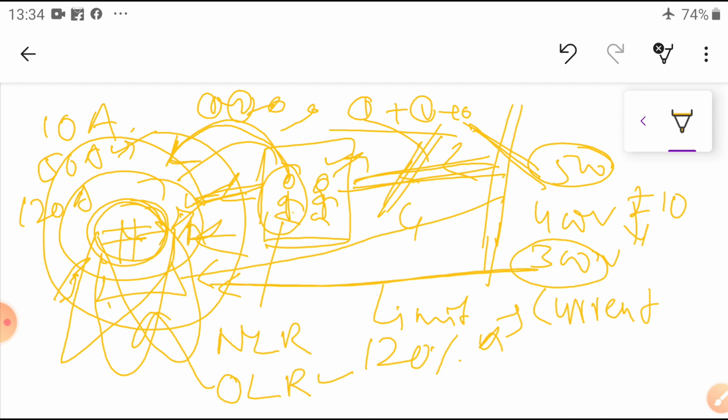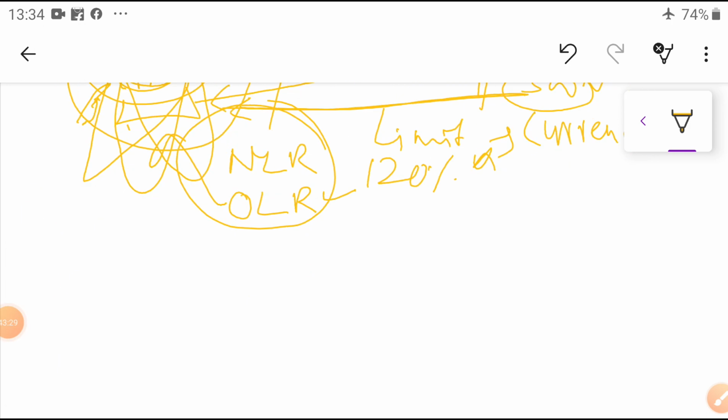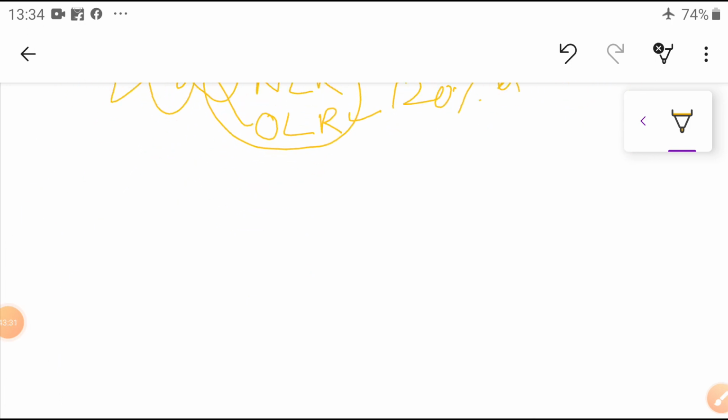To avoid this overloading, our overload relay coil is provided inside. It protects the machine from any short circuit occurring inside or overload taking place during the operation. So these are the two protections we are going to provide in the starter. Okay, dear students, have you understood this thing? In such a way, here also we are going to provide it. So how are we going to provide this?